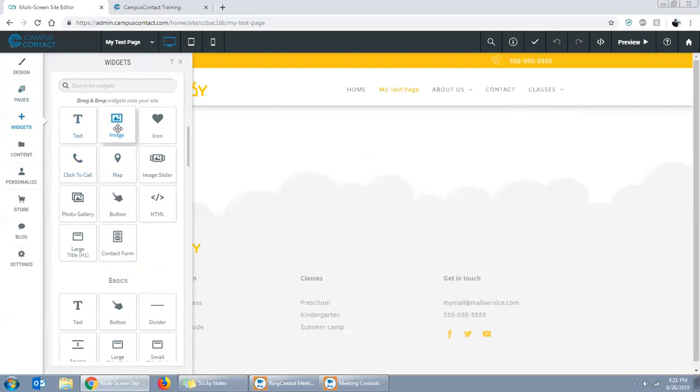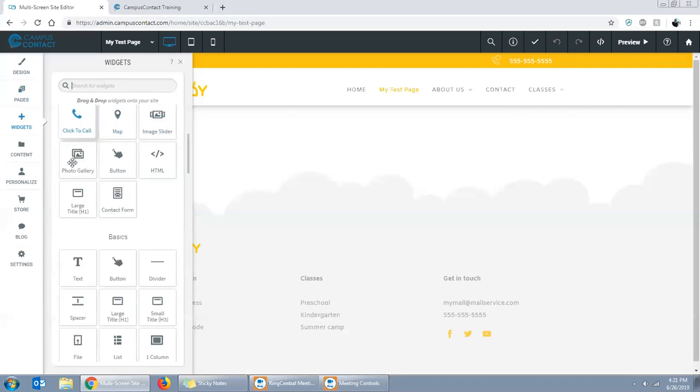Also images. If you just want to put a photo on a page, maybe you want to put a photo above or next to some text that you created, that would be the image widget. And we have icons, tons and tons of icons. There's literally thousands of icons for anything you can imagine. You can add icons, you can have them spin and enlarge and do all kinds of things when you mouse over them, as well as link to different locations. So if you're going to put a phone icon on a page and you want to link that to a phone number or an email or whatever it may be, you can create icons and link them to different places very easily. There's also a click to call option where people can click, maybe on a mobile device, ideally,